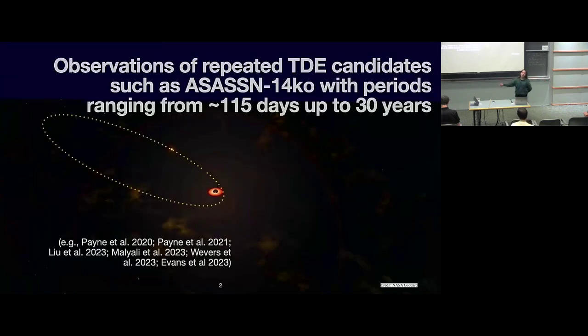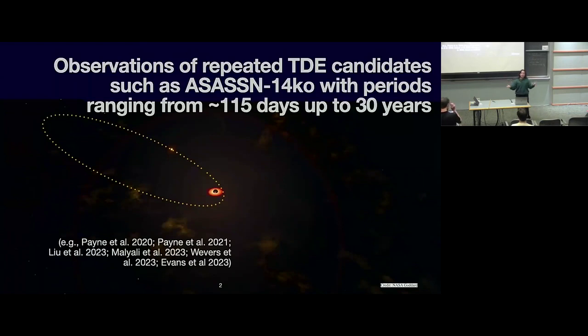So we've heard a lot about the observations of repeating tidal disruption events and partial tidal disruption events throughout the conference. I didn't update my slides based on what I've heard this week, but one of the exciting ones that motivated our work was the ASASSN-14ko, due to its very short orbital period of 115 days, the flares, right? And so,